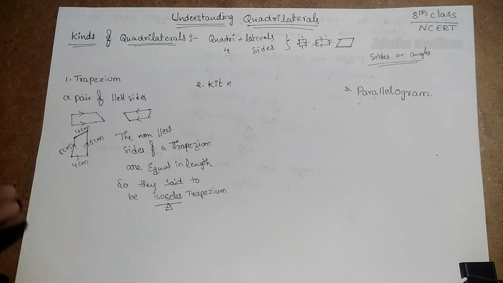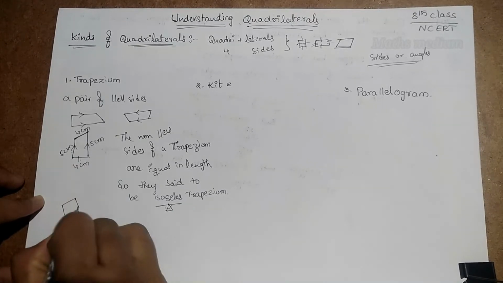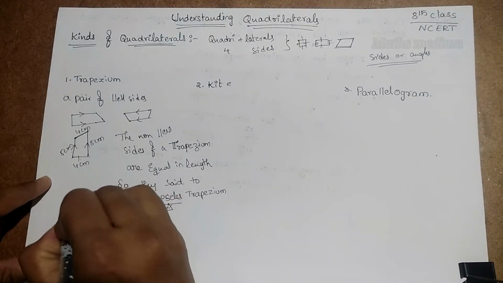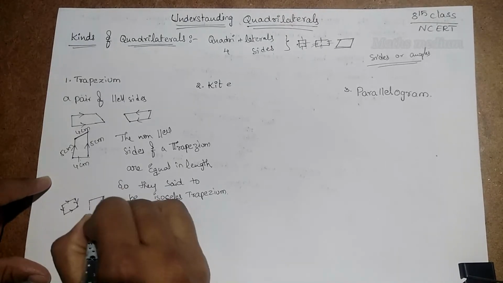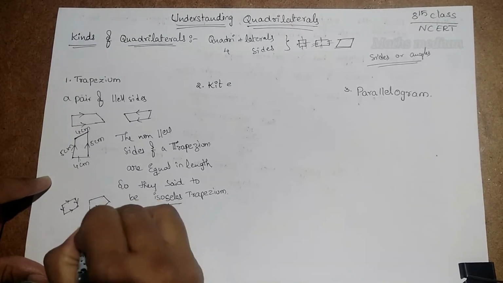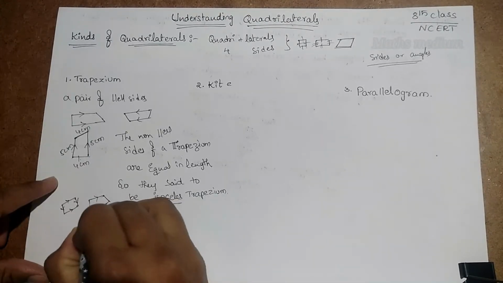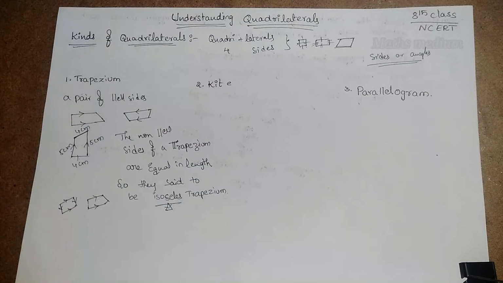If you take other shapes like this, this is a trapezium. This is also a trapezium. But if you take this, this is not a trapezium because this is a pentagon. We are talking about the quadrilateral. So this is not a trapezium. These are the trapezium shapes. I will explain this trapezium topic with a small cardboard activity. Then you will get a better understanding about the trapezium.